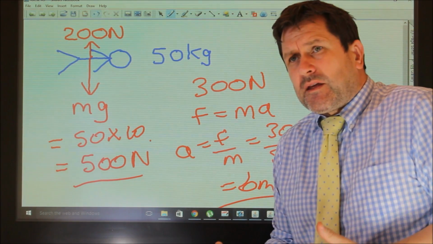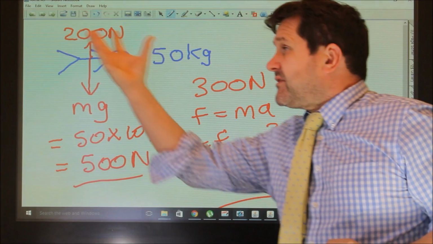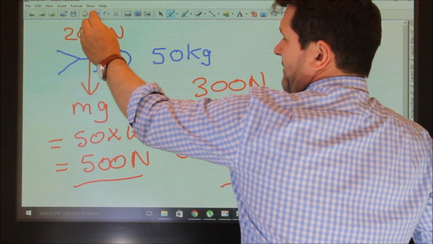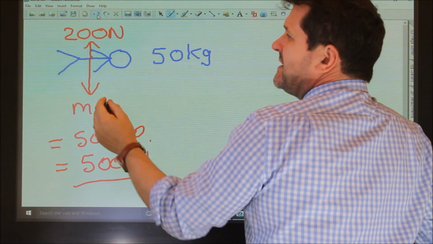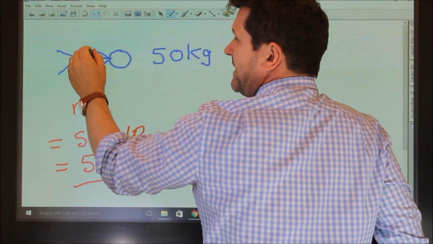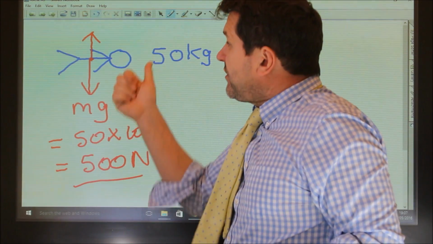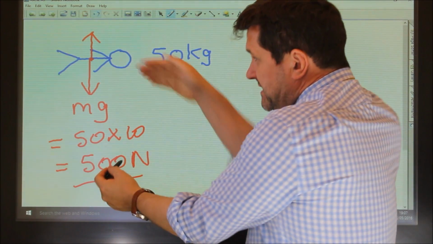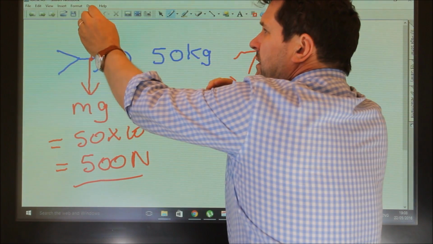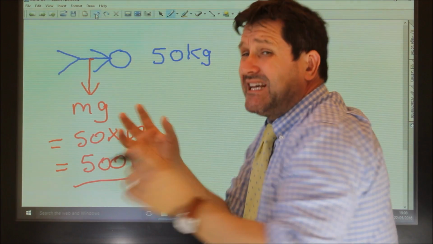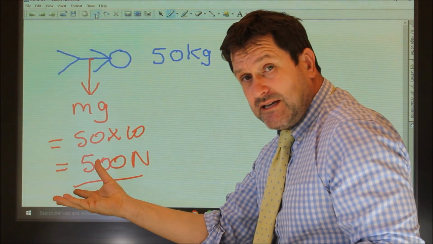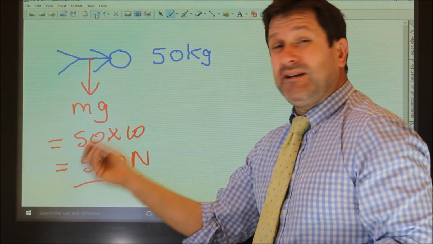So we can see it's going from 10 meters per second squared to 6 meters per second squared, and as we carry on and carry on, what we would find is this number here will get bigger and bigger and bigger. So it will go 200, 300, 400, and as this number gets bigger and this arrow gets larger and larger, we notice that the acceleration goes down and down from 10 meters per second squared, 9, 8, 7, 6, 5, 4, 3, 2, 1, and eventually